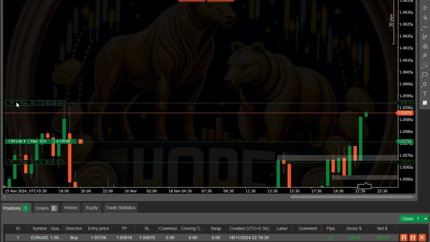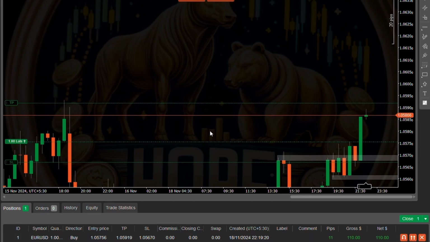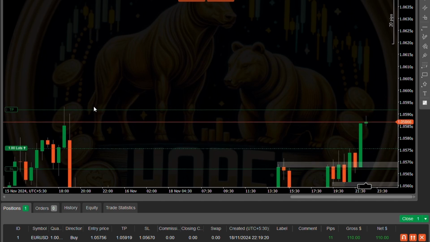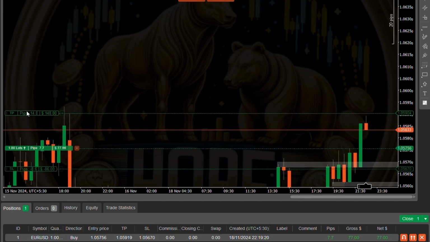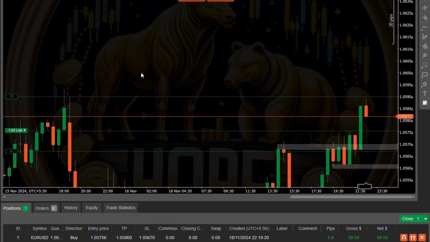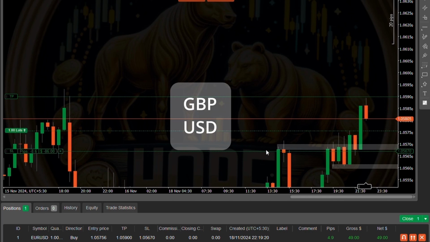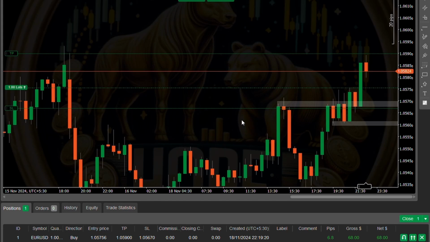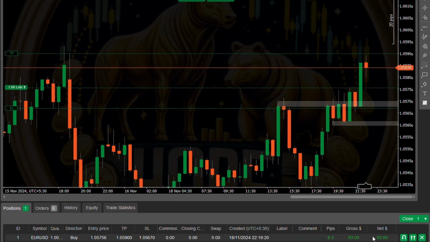This overlap starts from 12 p.m. to 4 p.m. as per GMT. I explained this here for you to be able to pick the currency pair to trade. Which currency pair can you easily trade here? For London, the currency pair you can trade is GBP USD, because you have the London session and New York. At this particular point in time, GBP USD is going to be very volatile.